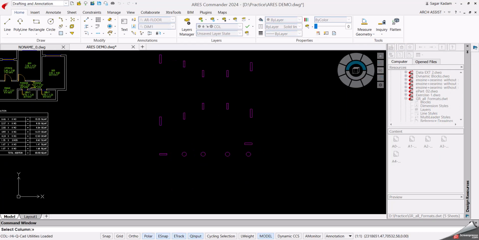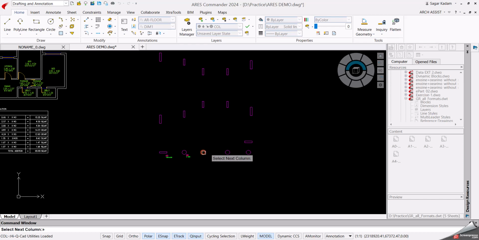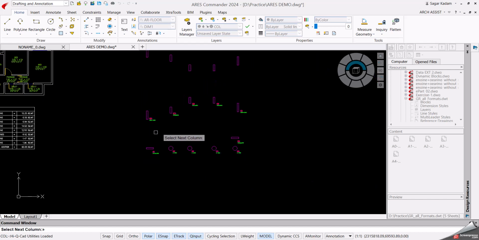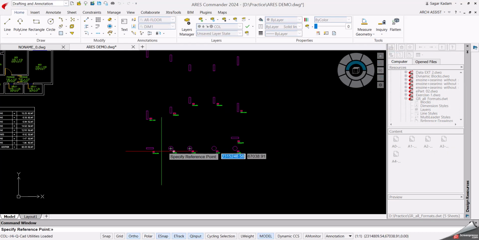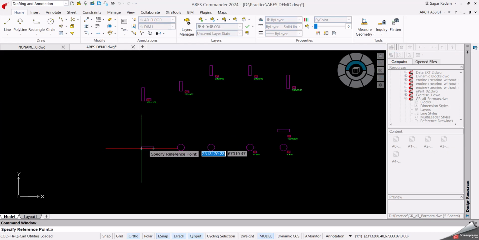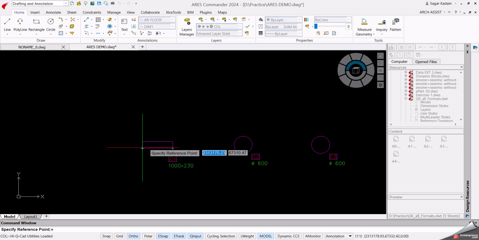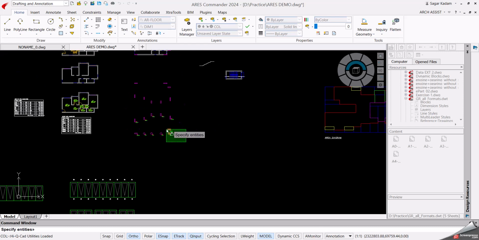So once we give numbers to these columns, okay, these are the numbering we have done. Now we can go ahead with the center line marking. Specify your origin point. So let's say I am selecting this as my origin point, x direction, y direction, and then specify your